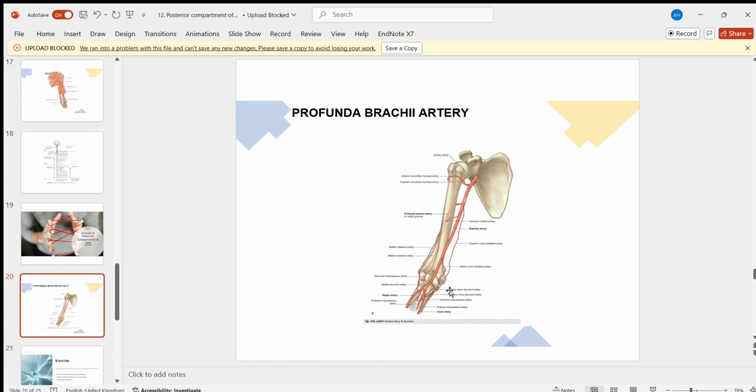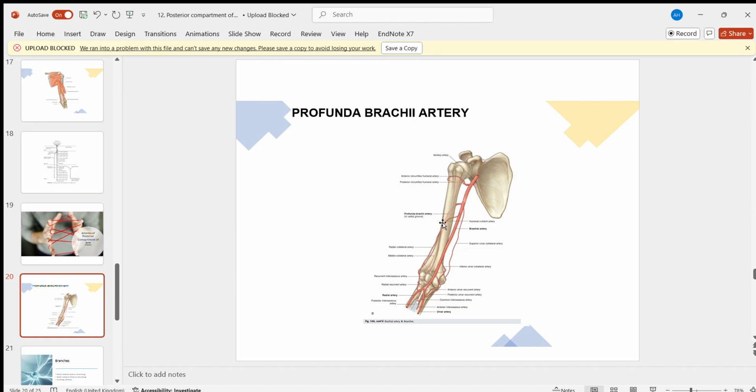Now, which are the arteries supplying the posterior compartment of arm? This is the profunda brachii artery, which is the main branch of the brachial artery, which is the artery of anterior compartment of arm. So what happens is the axillary artery at the lower border of teres major muscle becomes brachial artery. Behind the brachial artery comes the major branch of brachial, which is the profunda brachii artery. It immediately gives off branches, the anterior descending and the posterior descending, and along it passes behind the humerus